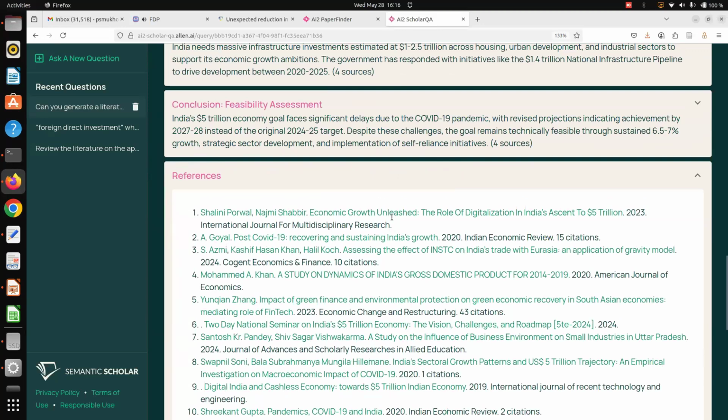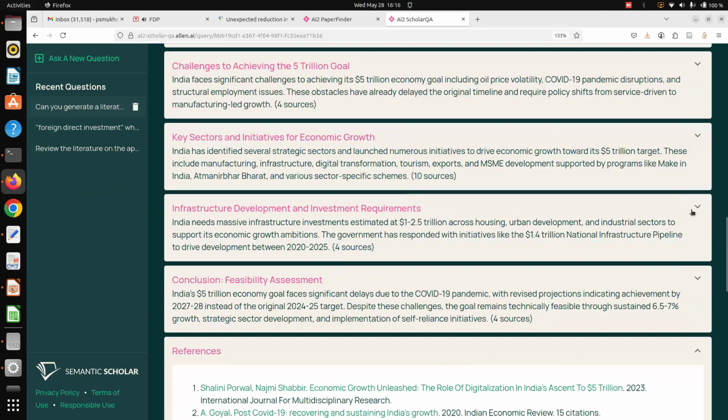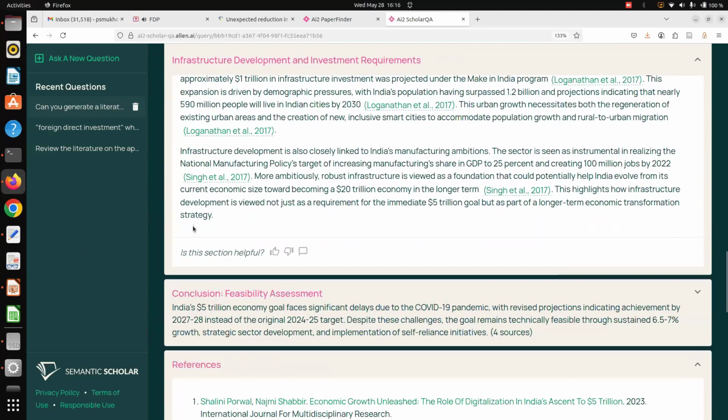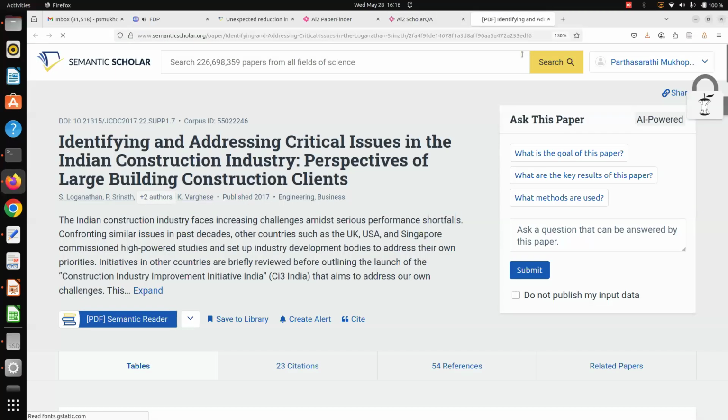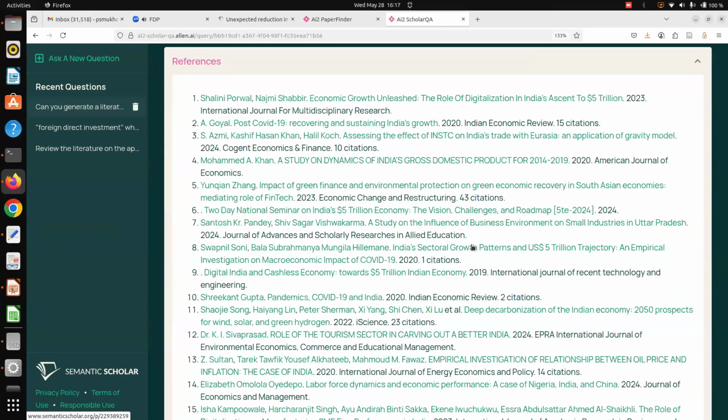On top of these 25, we have created sections, and in each section you can also see what references are available. Each of these papers you can click and check whether it exists at all or not, because in the case of LLMs there is always a chance it is making things up because of hallucination. But so far so good. It's a very, very reliable tool. I am testing it for the last 3 to 4 months, and I never faced any kind of non-existent paper problem. So you can utilize it.